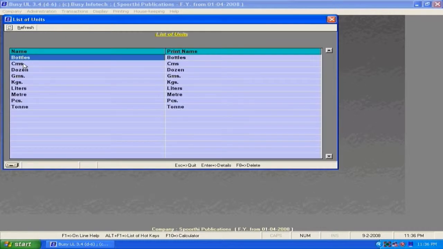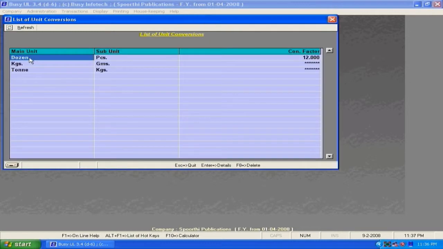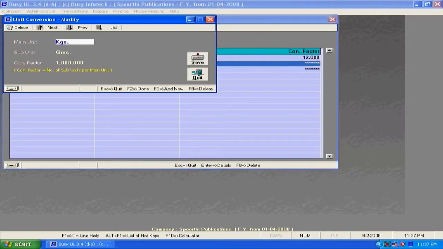Now let us see the unit menu. Unit master, where the measure of units such as bottles, or can type the measures liters, centimeters. On clicking list, these are the created unit items. Unit conversion. In unit conversion we will be having main unit, subunit and common factor, where